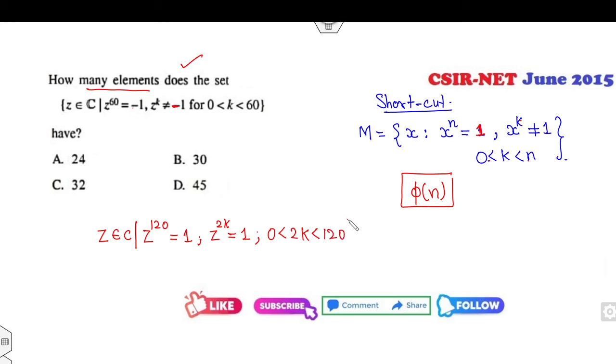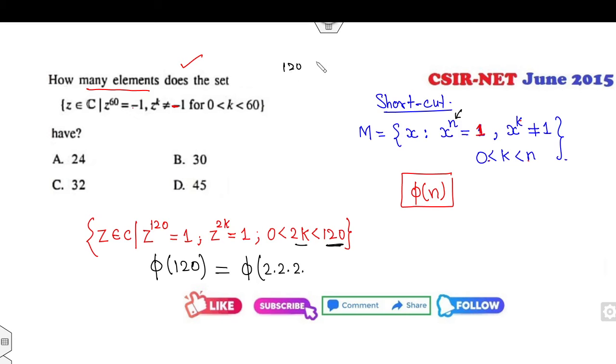Now you can check whether all these properties are satisfied. N, what is the power of n? 120. Satisfied. K is my 2k. So what is the right answer? Phi of 120. Now you can compute the phi of 120. I can make them a factor. So it will be 2 into 60. 2 into 60 means 2 into 30. 2 into 30 means,